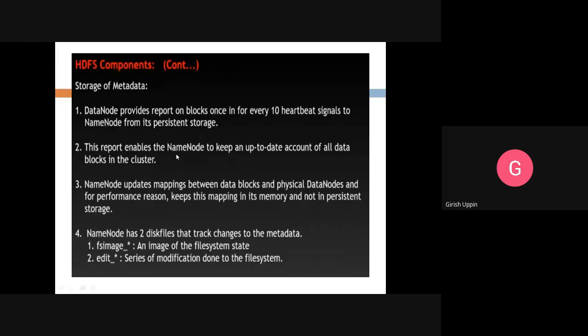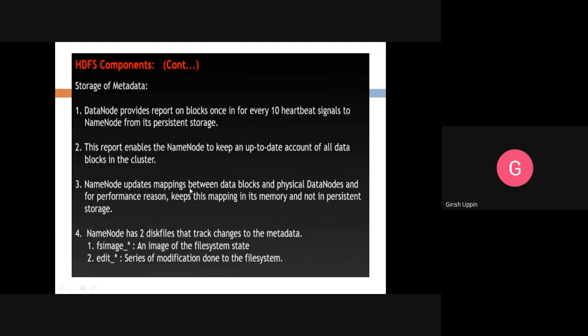This report enables the name node to keep an up-to-date account of all the data blocks in the cluster. What information is stored in which data node has to be up to date, and that has to be with the name node.